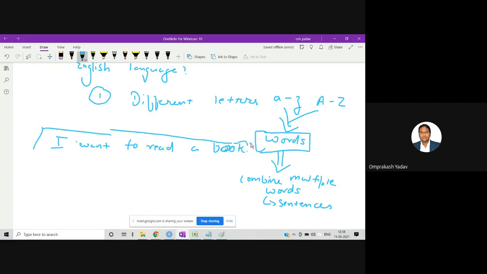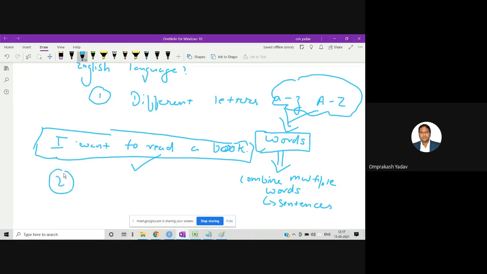So to learn any particular language, first of all, we need to know what different letters are available in that language. After learning those letters, we should learn how to make the words from those letters. After making words, we should also remember the meaning of those words. And then after learning the words, we can make the sentences. This is the normal procedure to learn any particular language.